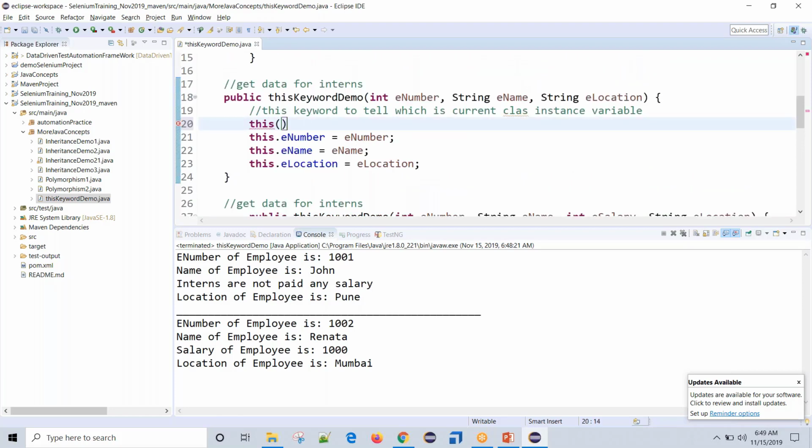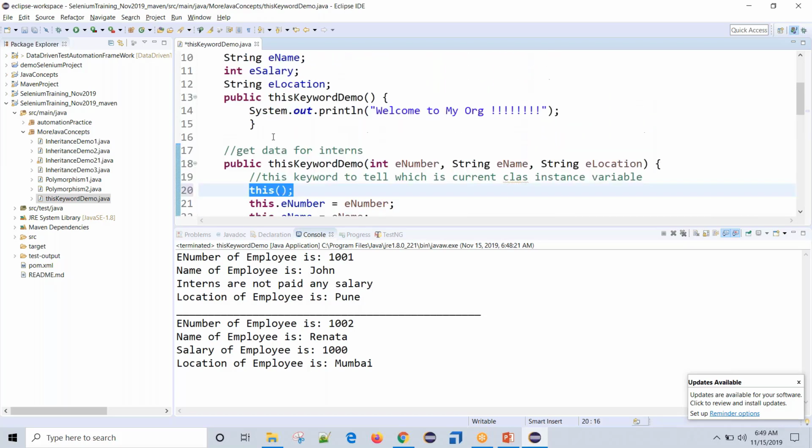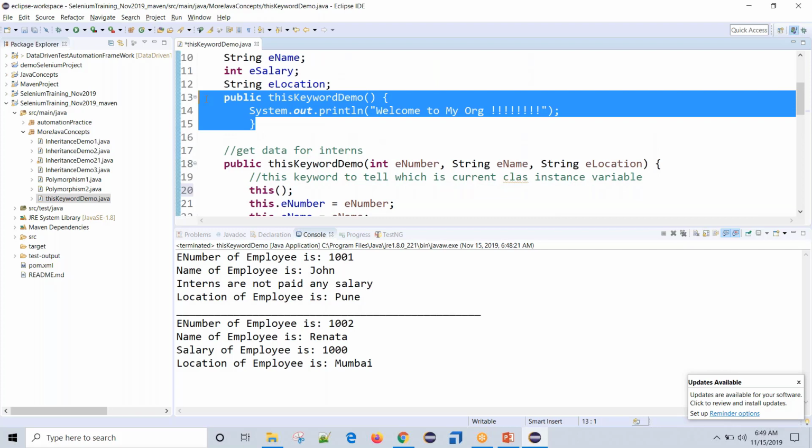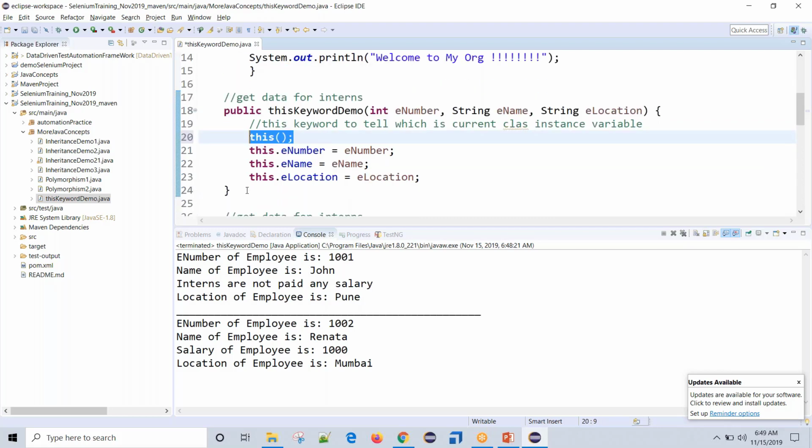So in the second constructor, if I simply write something like this, then earlier we were getting some message if I wrote an empty this, right? Because we didn't have any empty constructor. But this time we have, and I didn't get any message. So now what will happen is